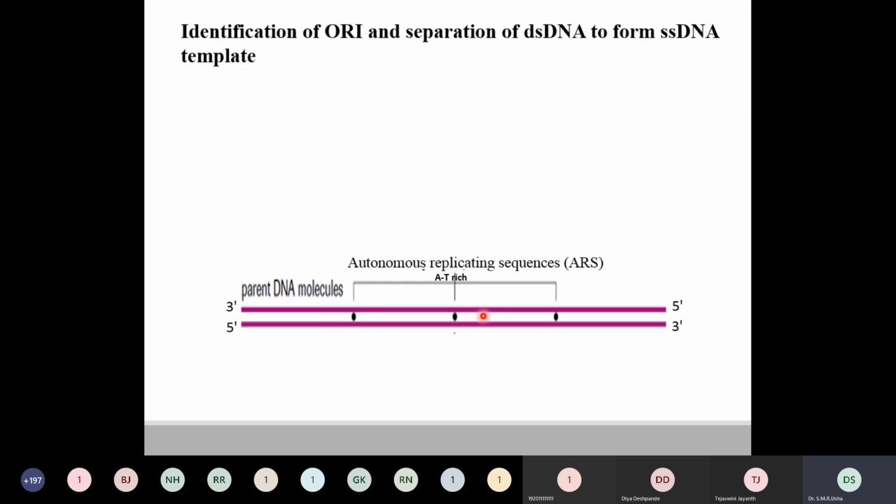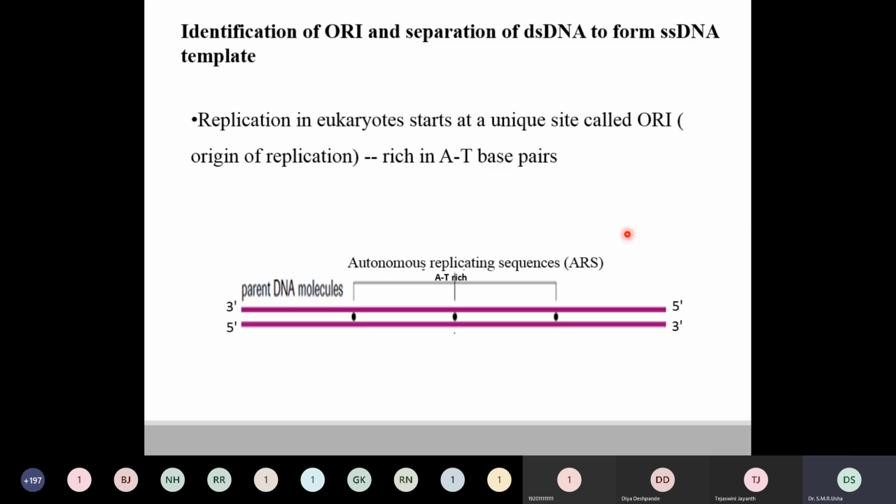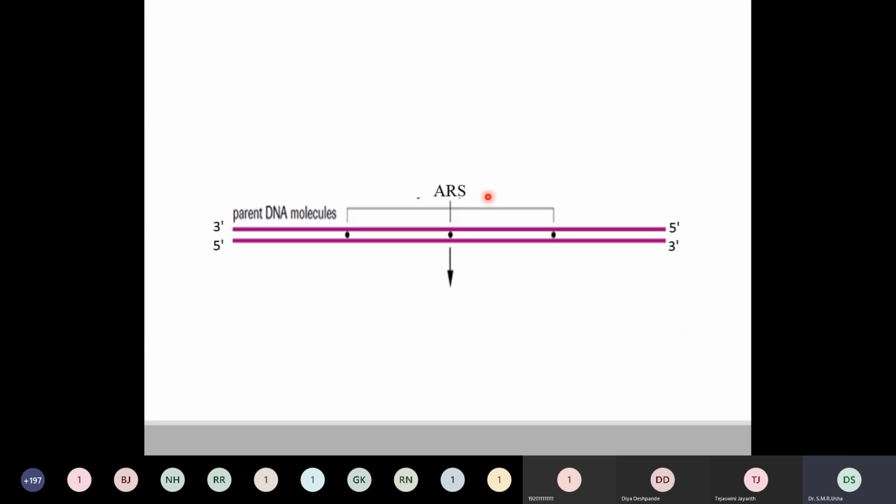In eukaryotes, we have many such ORI, which is why we call them autonomous replicating sequences. Whereas in prokaryotes, there is only one origin of replication. So replication in eukaryotes starts at a unique site called ori, rich in AT base pairs. As I told you,